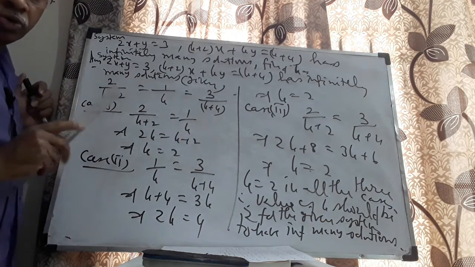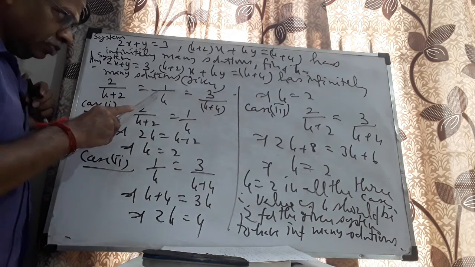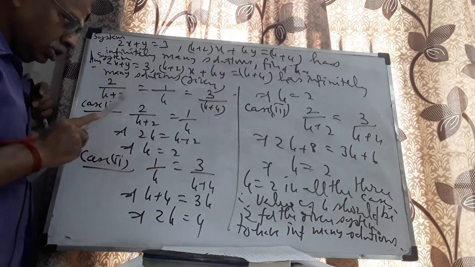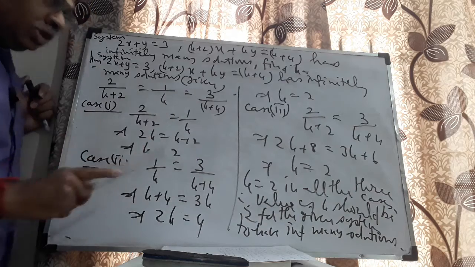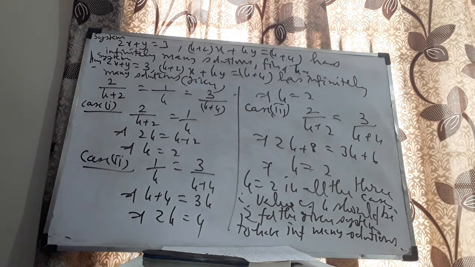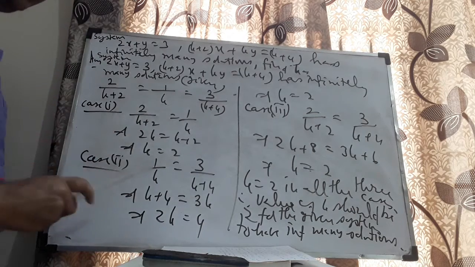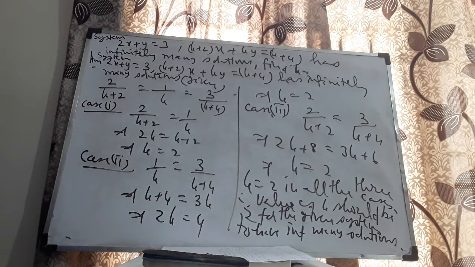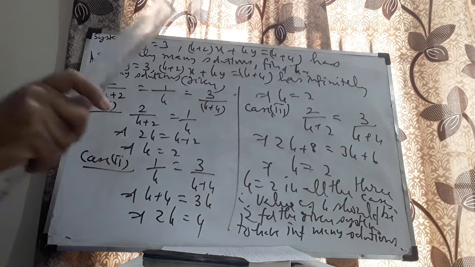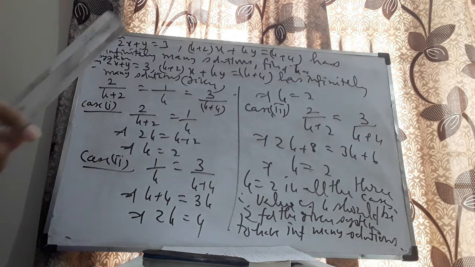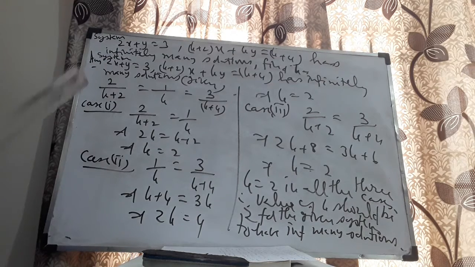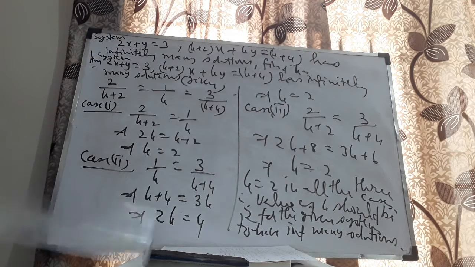What I am supposed to do is equate the first and second ratio, equate the second and third ratio, equate the first and third ratio, and find the common value of k. The common value of k should be taken down and written as the final answer. If there is no common value of k obtained after doing all the three cases, I should not come to the conclusion that the question is wrong. The question is not at all wrong. I should give the conclusion that for no real value of k, the given system has infinitely many solutions. That's the way you are supposed to give the conclusion.